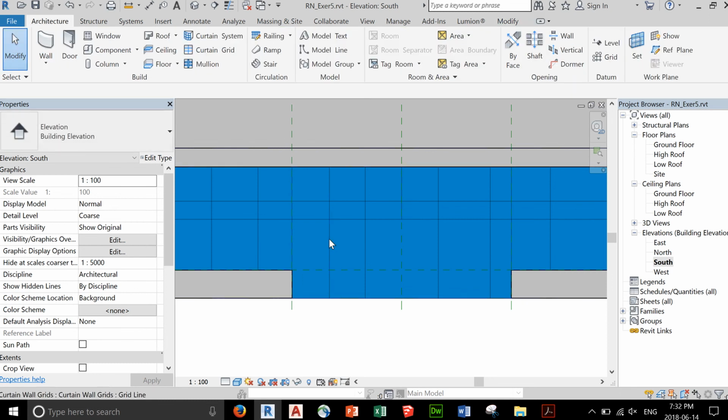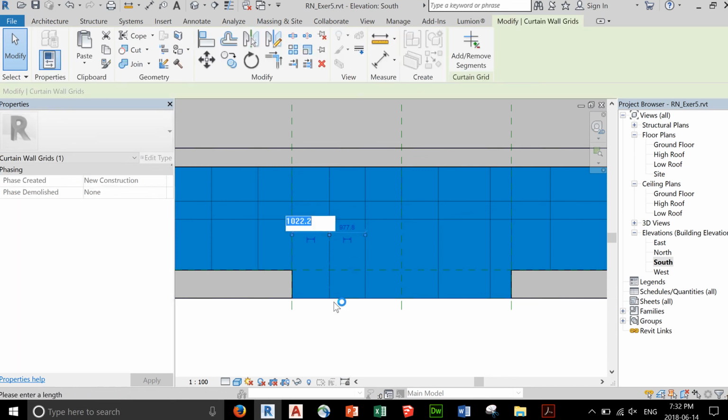Okay. So if I need to move this, I need to select and select the distance. Let's say I want that to be 1,000. Okay. And then if I want to move this, I can select that, and let's just say I want that to be 1,000. Okay. I can select this, or sorry. Now, if I select this